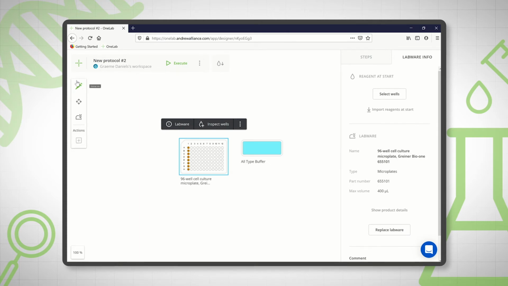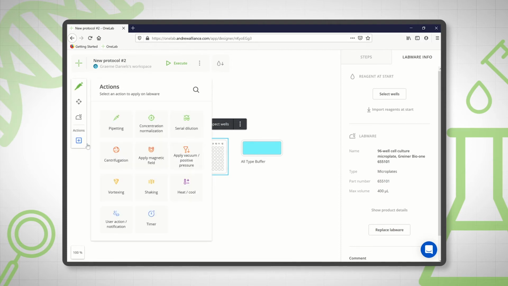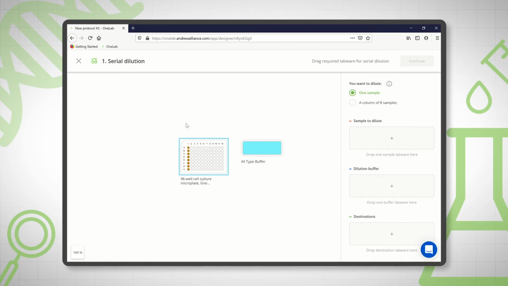Okay, we go back to the bench, and now we set up the pipetting itself. Now you could do it step by step, describing every single pipetting motion you need, but actually if you come down here to the actions button, what you'll find here are some wizards. So here we are with serial dilution. Click on that. You get some pop-up windows that you populate, and it creates the complete liquid handling protocol for you.